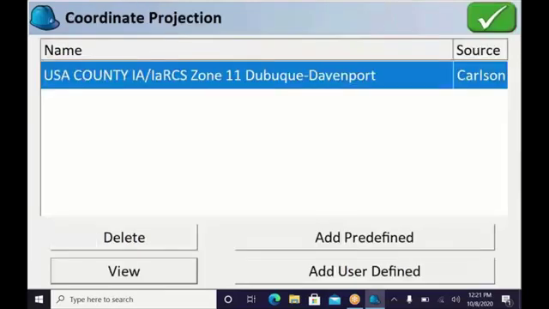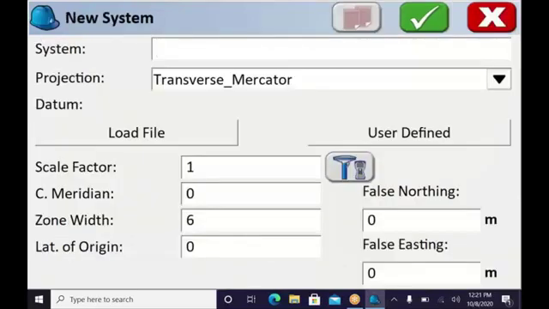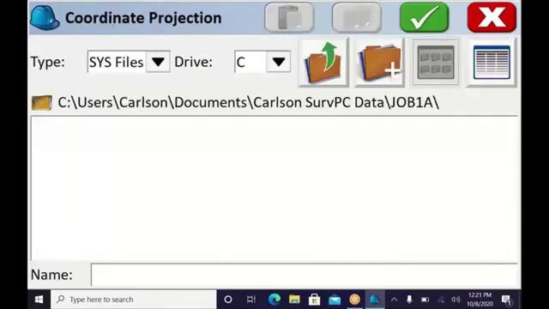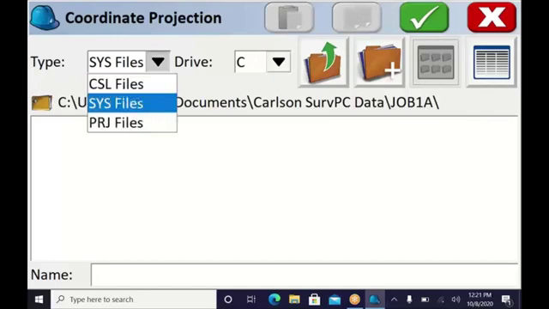I can also go ahead and add user defined. So if I have new projections or definitions that are added from time to time, I can just choose the add user defined option. And in here, I can also choose the load file option. And this is where it's going to allow me to change and add in Carlson defined SYS files, or if I choose the drop list in here, this is where I can also load in, for example, PRJ projection files that are commonly associated with, for example, Esri projection files. So I have a means to get projection information in from a variety of different sources,